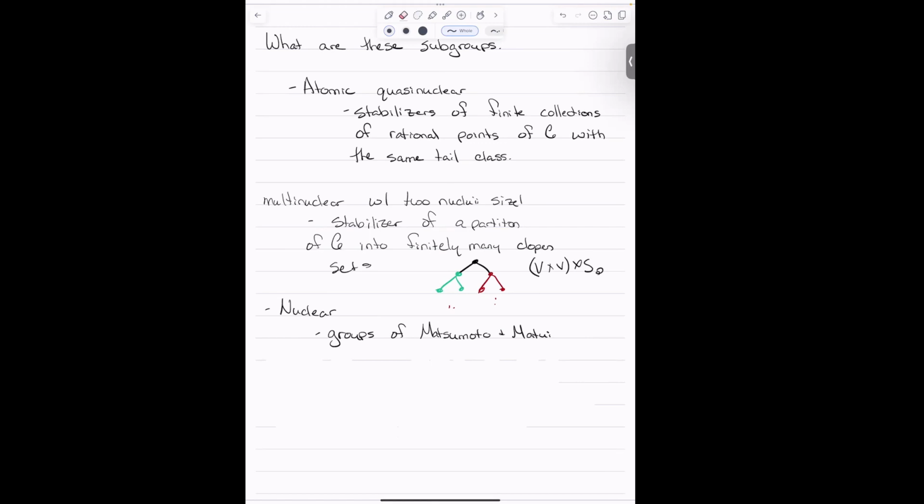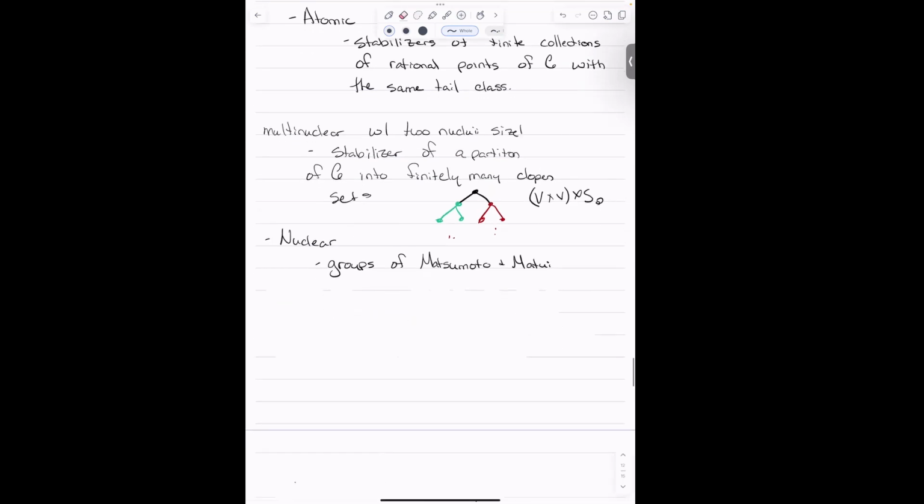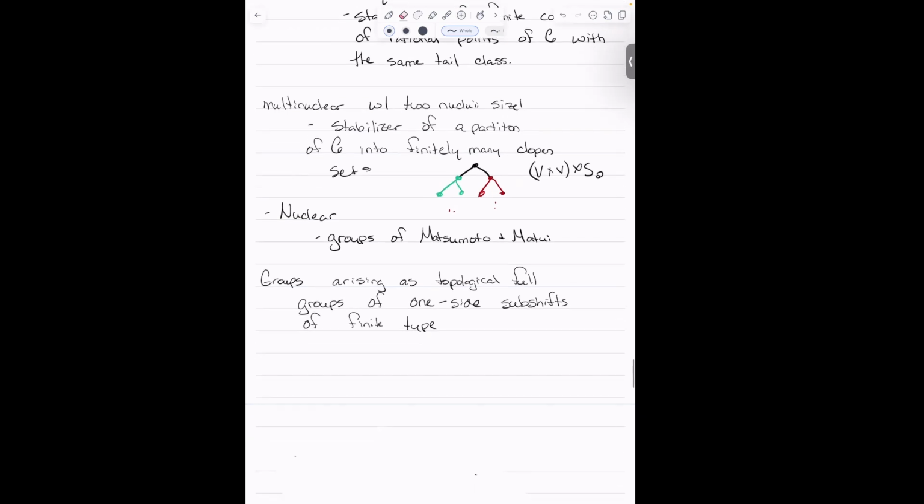In the nuclear case, you get some things that, again, showed up at least a little bit in the previous talk. In particular, you get groups studied by Matsumoto and Matui, groups arising as topological full groups of one-sided subshifts of finite type. I'm not going to formally define all of these subshifts, but I think Ville talked a little bit about shifts and this sort of thing. But the importance here, the consequences of the fact that in this nuclear case we're getting these Matsumoto-Matui groups is